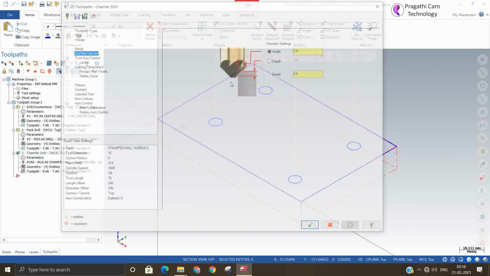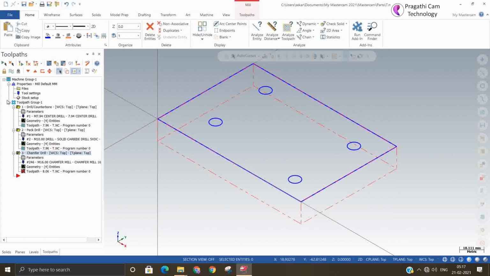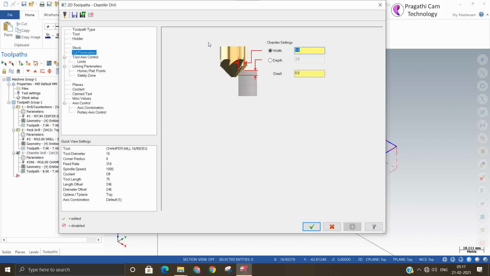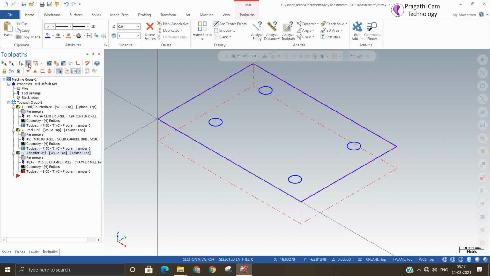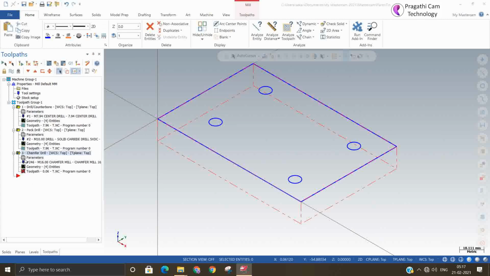Then 3. Regenerate. Yes, it is accepting. 4. It's giving error. It means that either depth or width you can give up to 3 mm maximum.